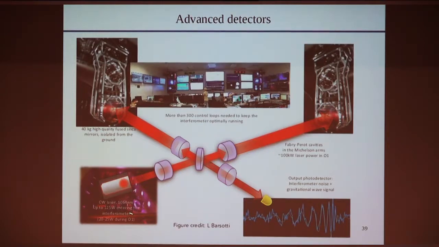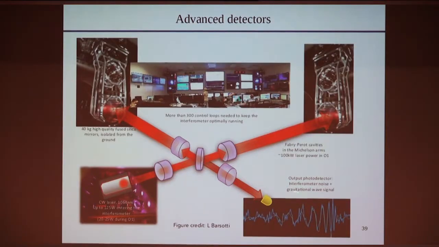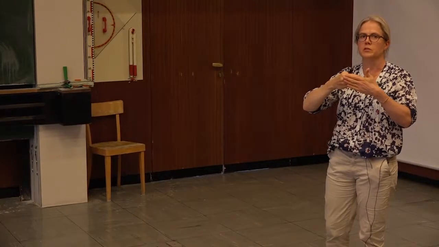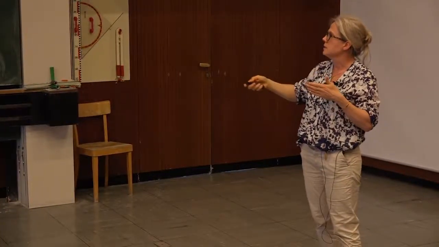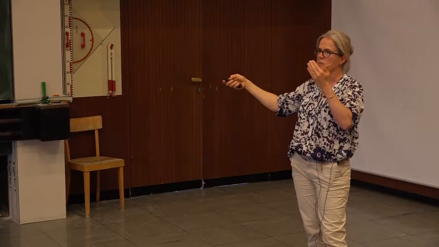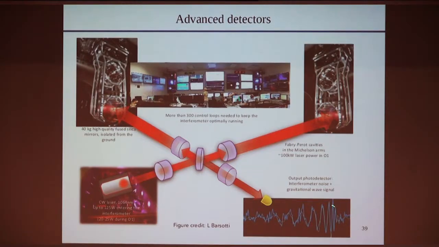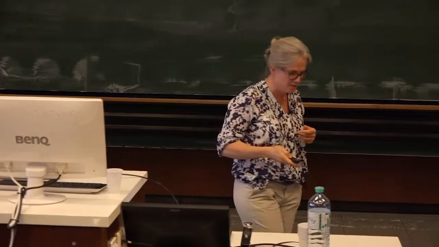You have a high power laser, and what is very important is that it's stabilized in frequency and amplitude. And in the end, what we measure is a signal on the photodiodes, that means some watts that are calibrated. In the end, we convert the watts into h after calibration. So what we measure is just a time series from the photodiodes, which looks like just noise. And from time to time, we have a signal in this. But normally it's not visible like that.